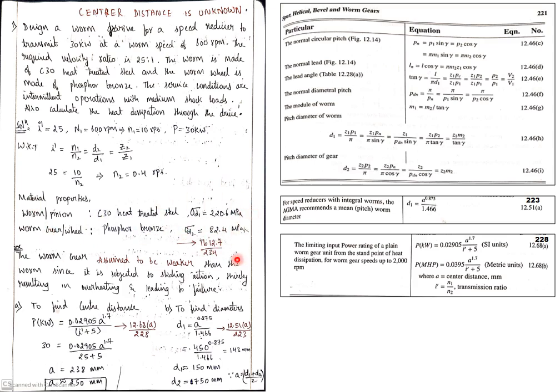Okay, now the first thing is to identify the weaker part. As I told you, always you need to assume the weaker part as the worm gear. Okay, and start solving as a design. Now the first thing is to find the center distance, because the center distance is unknown, it is not given in the question. Okay, use this formula to find the center distance first, and corresponding to this center distance, substitute back here to find the value of the diameter of the worm. Okay, similarly you can substitute in this equation, you will get the diameter of the worm gear, that is D2.